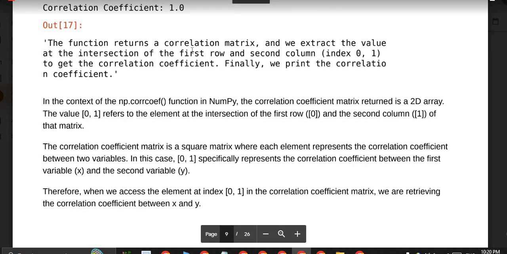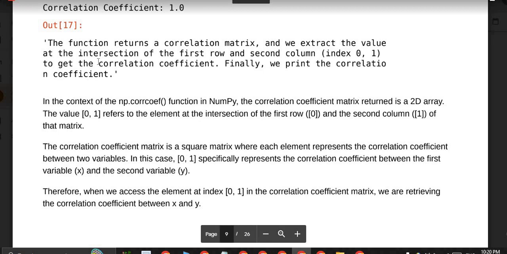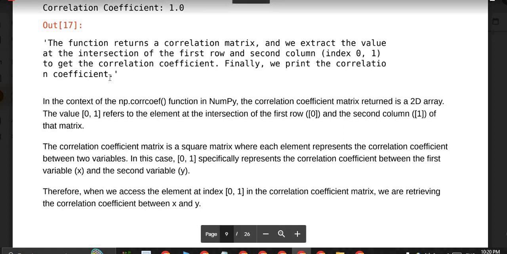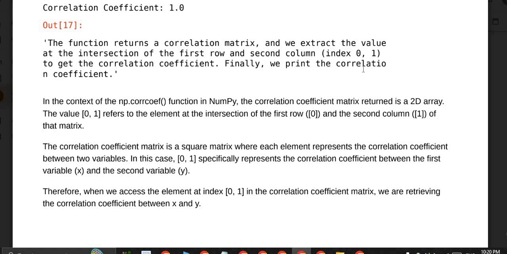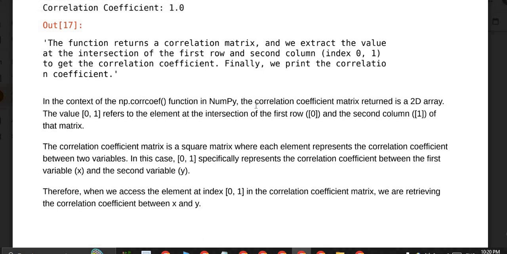This function returns the correlation matrix, and we extract the value at the intersection of the first row and second column to get the correlation coefficient. Finally, we print the correlation coefficient. The np.corrcoef function is from NumPy.